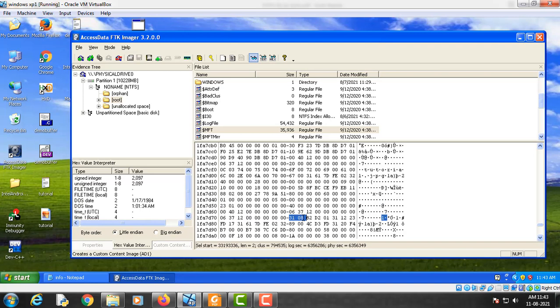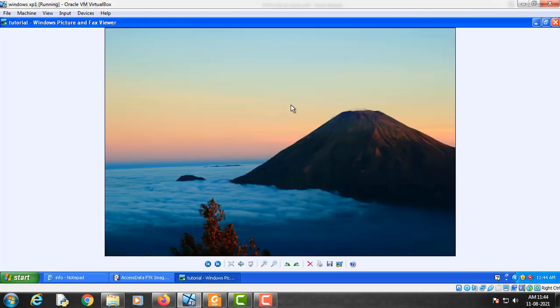So we will have to do some calculation in order to recover this file. Since it is a non-resident file, it is located at different locations, and we will have to go to those locations and copy its clusters, and then we will combine those different parts to create an image. Before we do that, let me show you the actual image. So this is the actual image we are going to recover from this master file table. So let me close it.